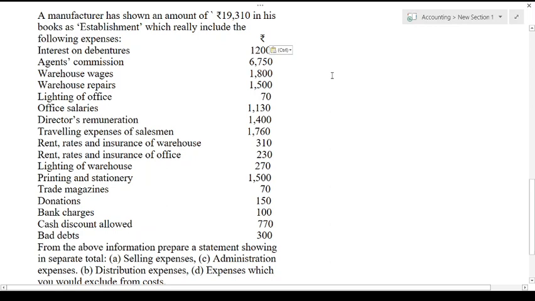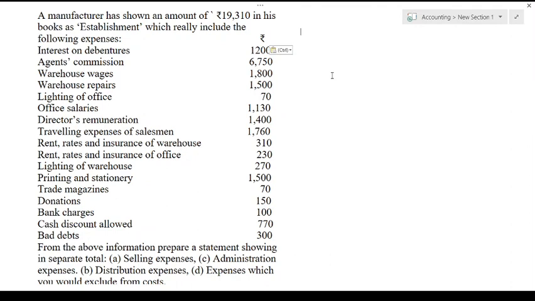There is a problem given to us. Based on this problem, we are supposed to identify the different expenses from the given problem. Let's see the problem. A manufacturer has shown an amount of